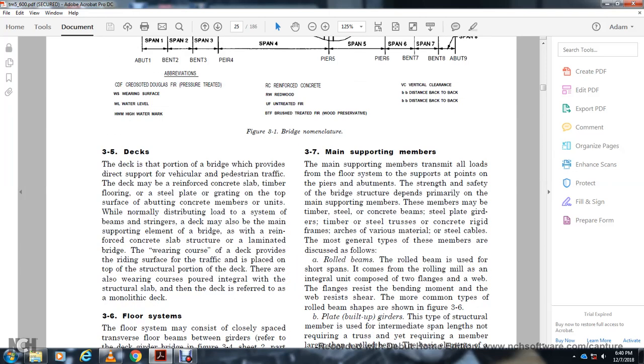3-5 deck. The deck of the bridge is the portion which provides the direct support for vehicle or pedestrian travel. The deck may be a reinforced concrete slab, timber floor, steel plate, or grating, with the top surface serving as the concrete member, normally distributing load to the beams or stringers. The deck may also be the main supporting element of